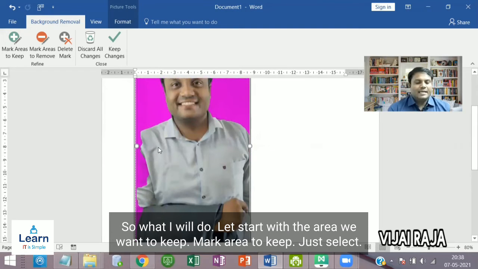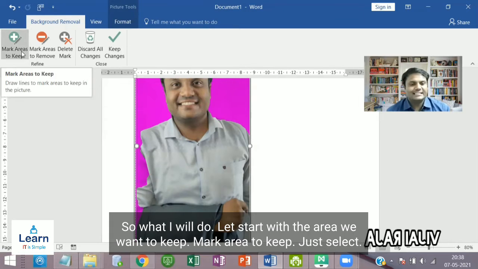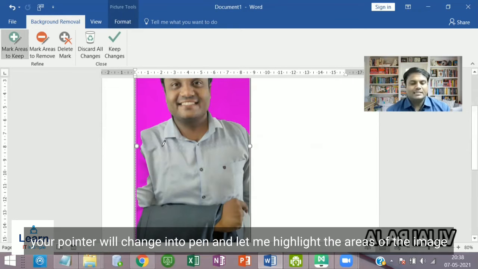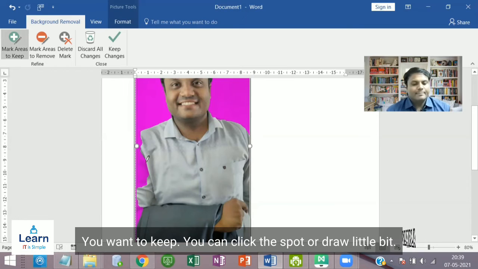Let's start with the area we want to keep. Mark areas to keep. Just select it and your pointer changes to a pen. Let me highlight the areas of the image you want to keep. You can click a spot or draw a little bit.